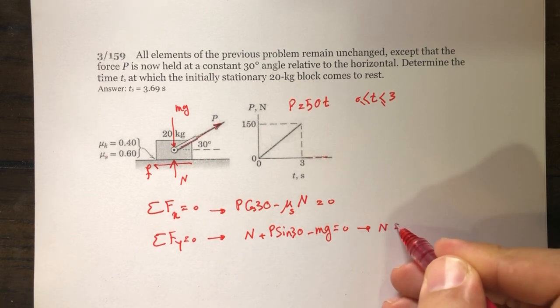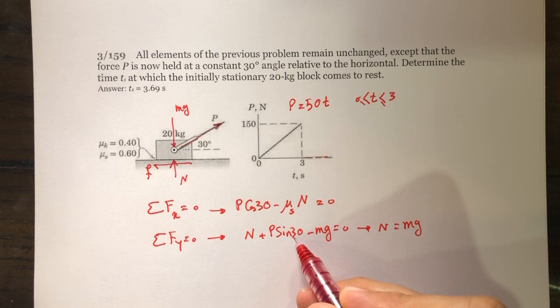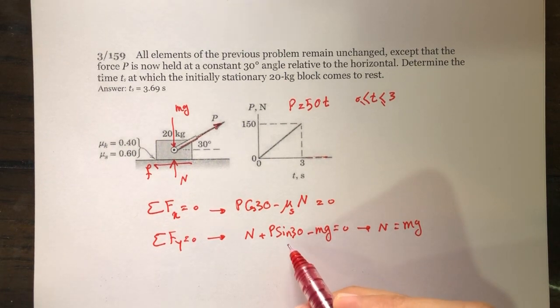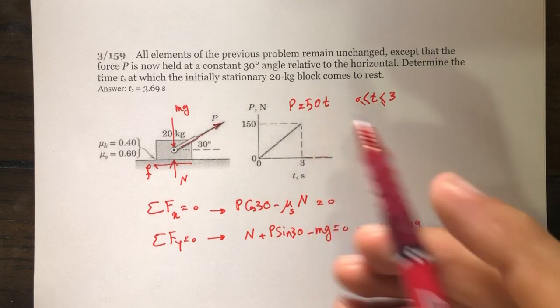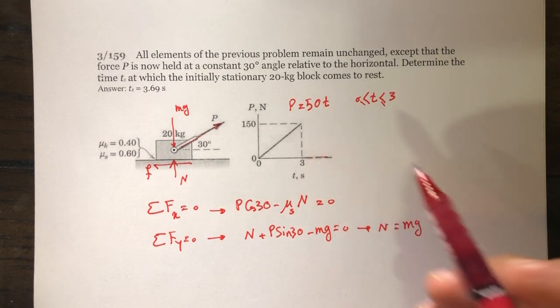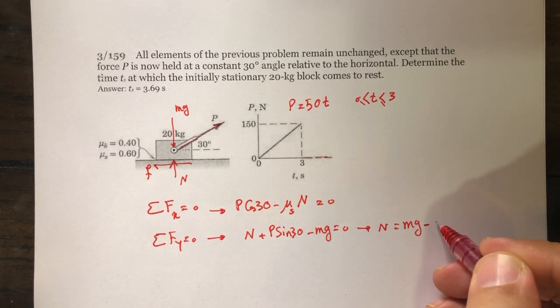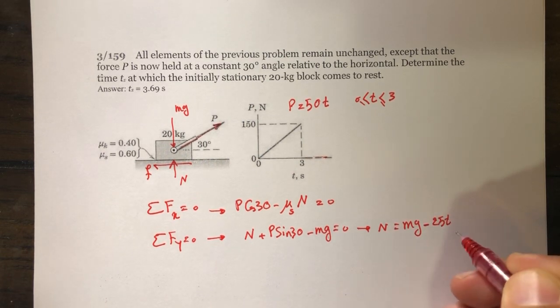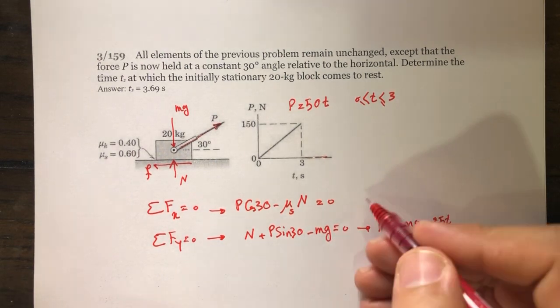Normal force is going to be equal to mg minus P times sine of 30. Sine of 30 is 1/2, and P is equal to 50 times t. So it's going to be 25 times t. And on the other side of the equation, negative 25 times t. That's the normal force. If I put it here, then